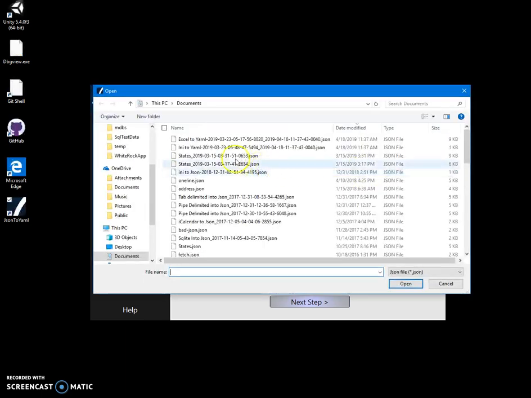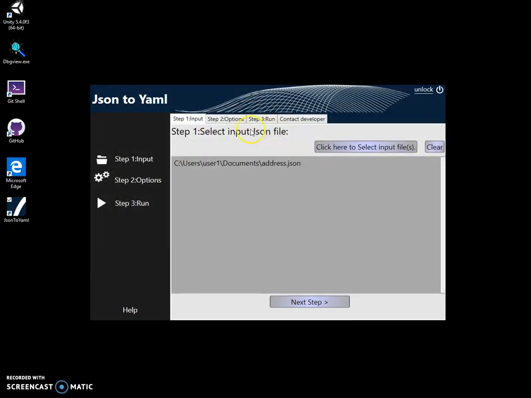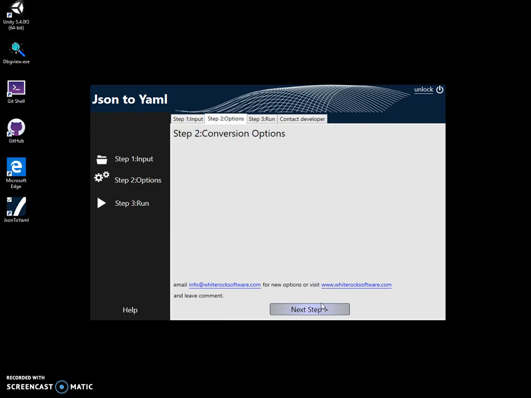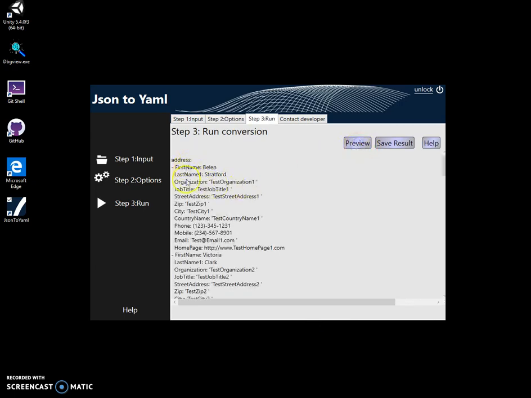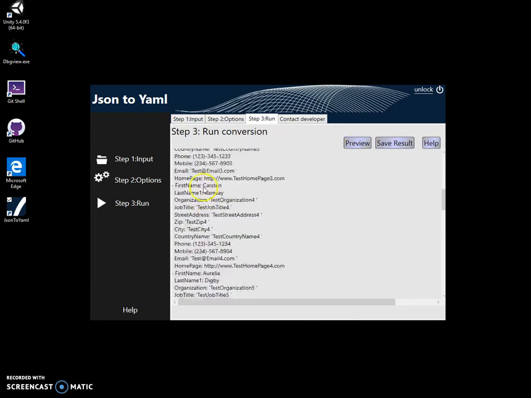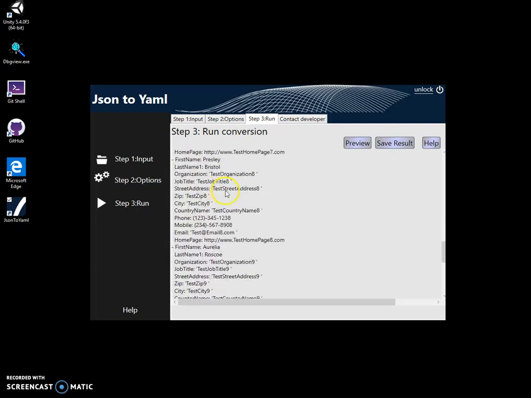Let's select one JSON file, like this one, address JSON. Click on next. There are no options yet. Click on next, and I can preview the YAML file that has been created for me from the JSON data, or I